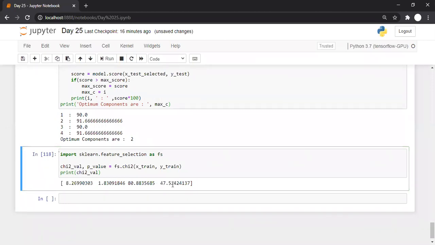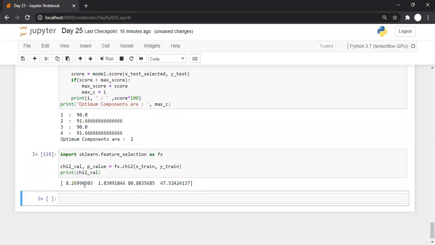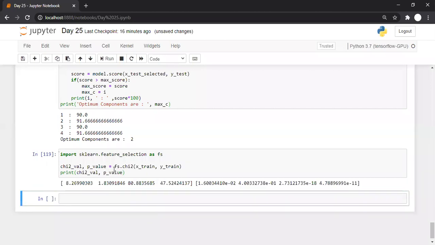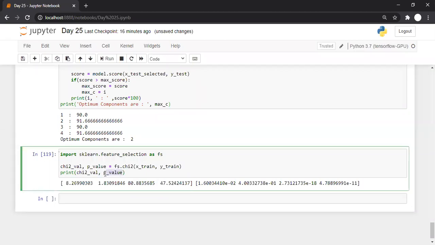Basically, what the chi-square value tells us is whether the two columns are dependent on each other or not, whether these columns are related to each other or not. Again, you can select the column with the highest value, or the column with the minimum value, and along with that we also get a p value. The p value tells us how reliable it is. We know what a p value is; you must have done it in your maths classes, what a p value and a chi-square value are. But yes, we can use the chi-square value, which tells us whether the columns are related to each other or not.